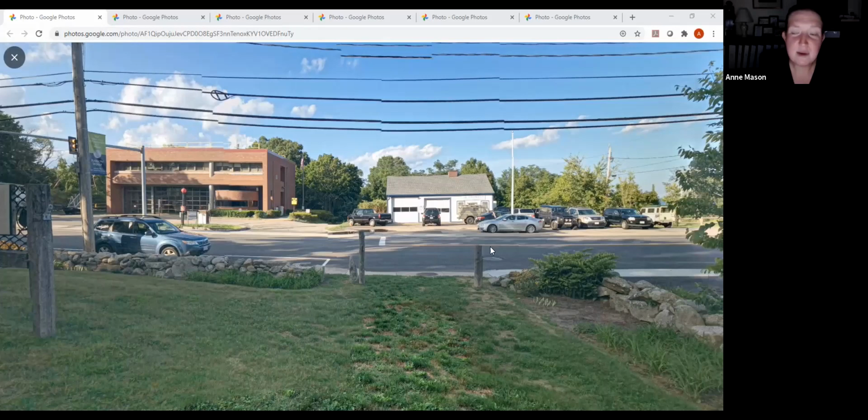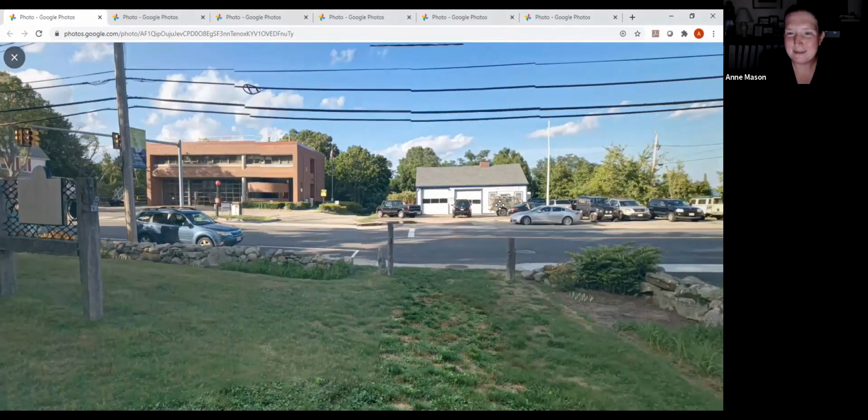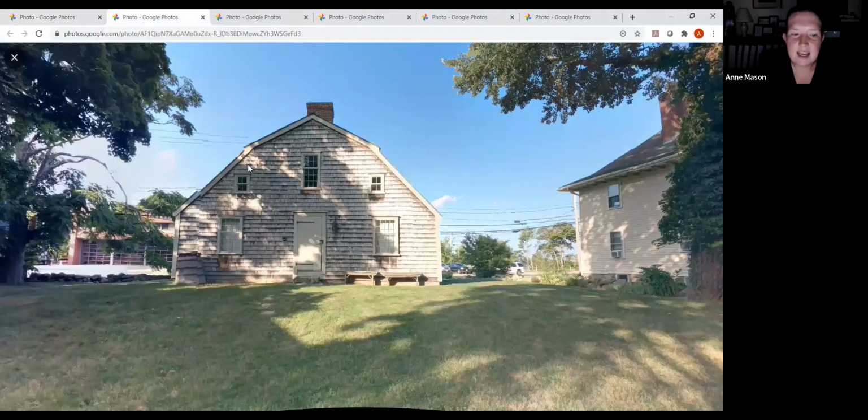And then a question, when was this photo taken? This 360 photo was actually taken this week. So you're really seeing it exactly as it looks today. So let's move then to the backyard. So now you've walked, and you can still see the fire station through that tree. So you can imagine you're reorienting yourself. You're looking at the